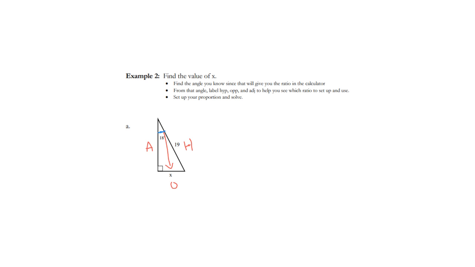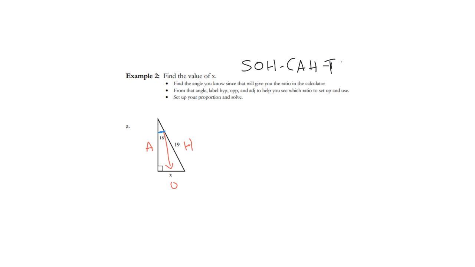Now, the easiest thing I like to think about sometimes is, okay, back up one second, sorry. We're trying to find this side, right? It's x. So that's the opposite side. What's another side we know in this triangle? We know this side is 19, which is the hypotenuse. So the adjacent side is not involved here because we're not trying to find it and we don't know it. We're using the opposite and the hypotenuse. So if I go over here and I write, oops, so CAH